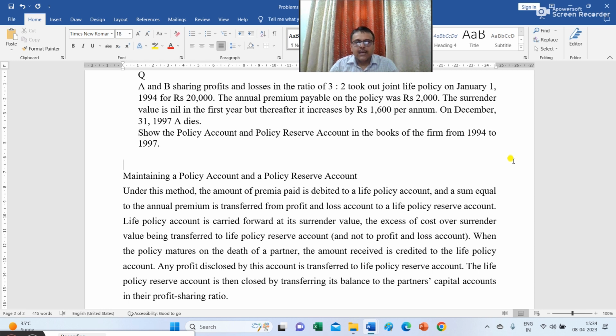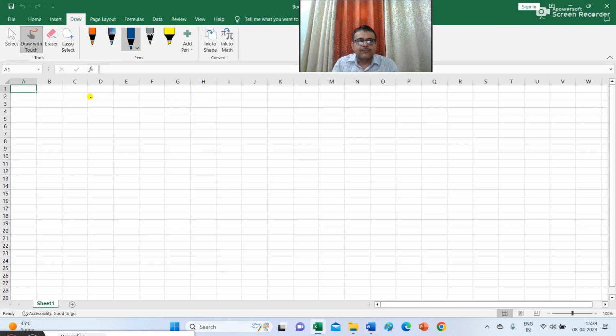So let us start and prepare the two ledgers, namely joint life policy account and life policy reserve account. Whatever is written here regarding the maintenance of the account, we will follow this principle while drafting the ledgers. So first of all, I need to prepare the joint life